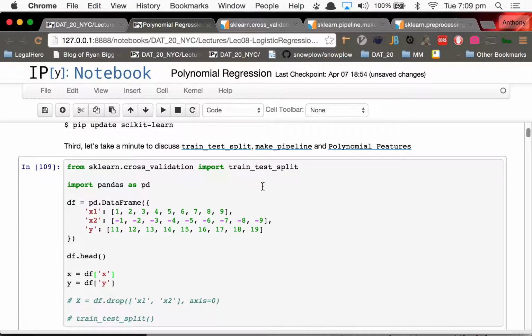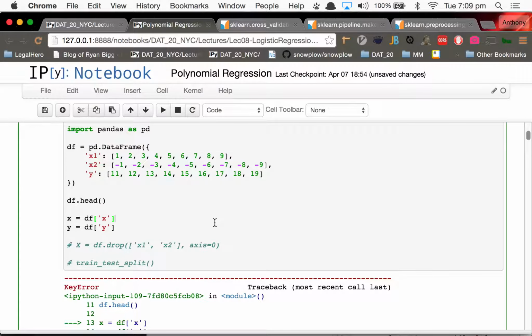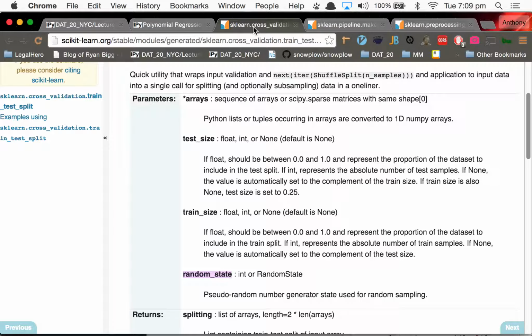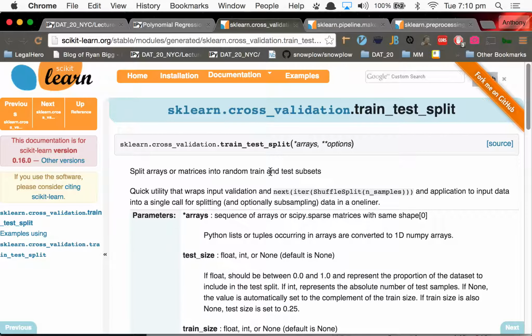So we'll do x and y. We'll look at x1. And we'll do train test split on x and y. And train test split returns 4 different values. So basically, it'll split my data. So if I have a data frame, it will split it based on some percentage, right? So if I say this is 70% of my data, and this is 30% of my data, it will split this